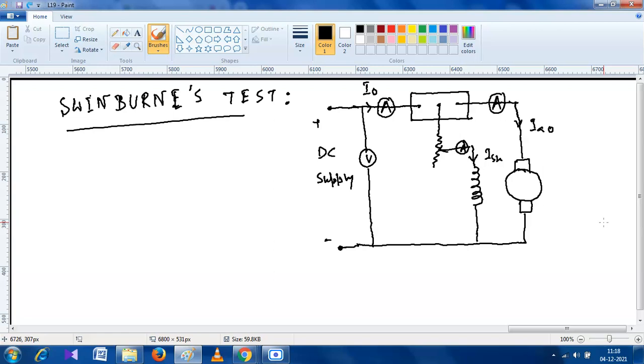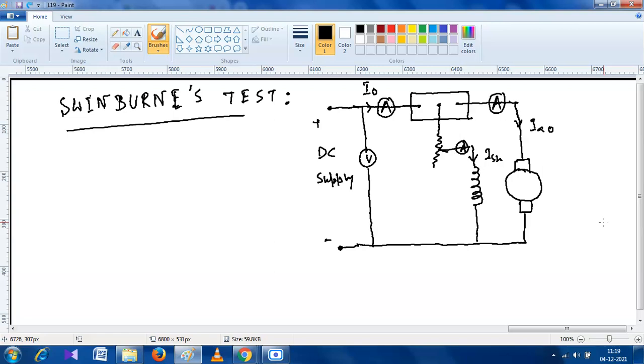If a test consumes less power, then we can say that method is economical. हम इसे इकोनॉमिकल बोल सकते हैं ना, अगर कम पावर लेगा तो। यस सर। और इस टेस्ट में हम एक मोटर को नो लोड में घुमा रहे हैं सिर्फ। इसमें कोई लोड कनेक्ट नहीं हुआ है। मतलब स्पेस ज़्यादा लगेगा कि कम लगेगा? कम लगेगा। मतलब डायरेक्ट लोडिंग टेस्ट के प्रॉब्लम को हम आसानी से सॉल्व कर सकते हैं।